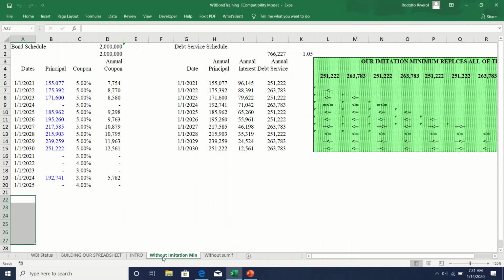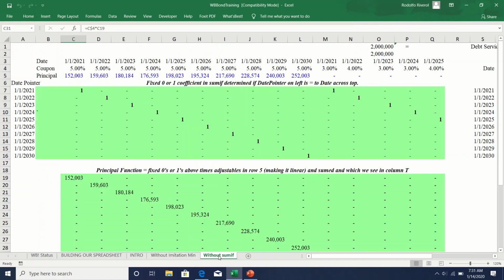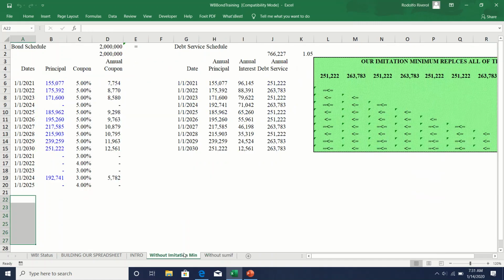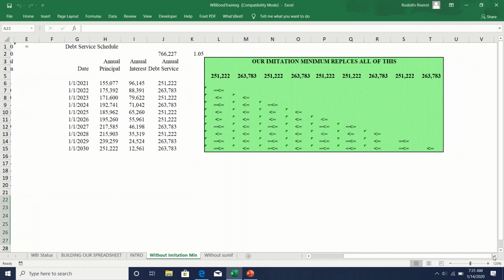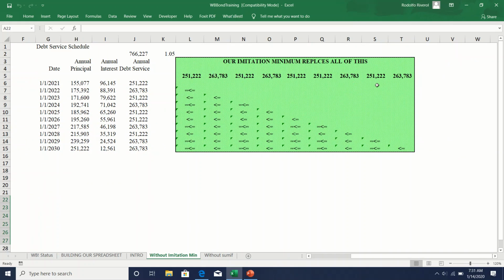I want to show you what we have saved and what our spreadsheet would look like without these two tricks. Without the minimum function, what we'd have to do is take the dates and put them across, and we'd have to add in the green section. We have the dates across. Now we have these constraints across here. You can check for yourselves. This is how much we've saved